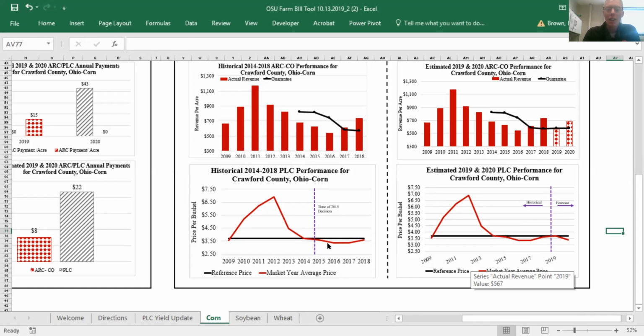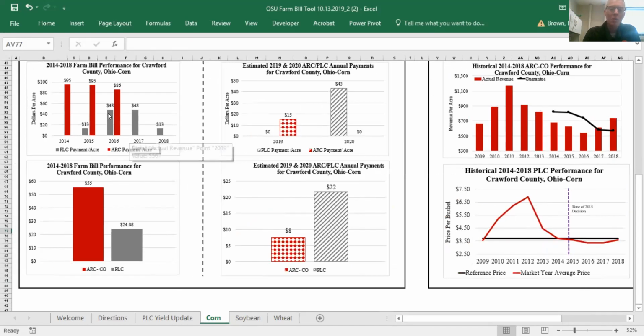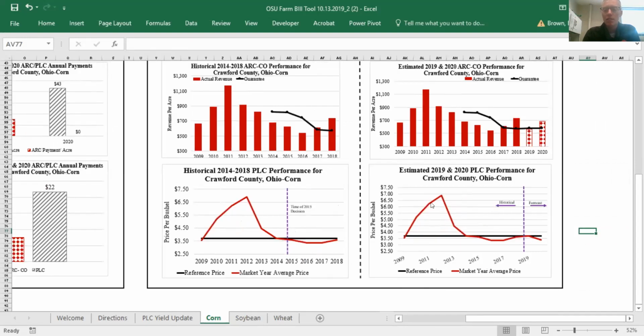And we see that the red line is below the black line in 16, 17, and 18, and even 2015. So if we go back to our performance measures, we do see the PLC program triggering payments in 15, 16, 17, and 18. If we look ahead at our performance section for the current Farm Bill, this dotted purple line represents the 2018 Farm Bill, and we see that based on our assumptions above, we are seeing PLC prices that remain below that